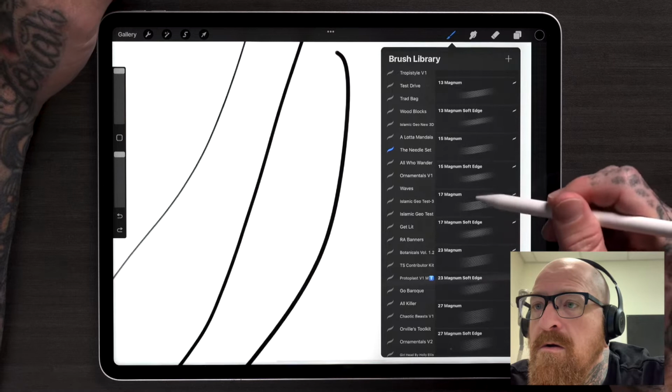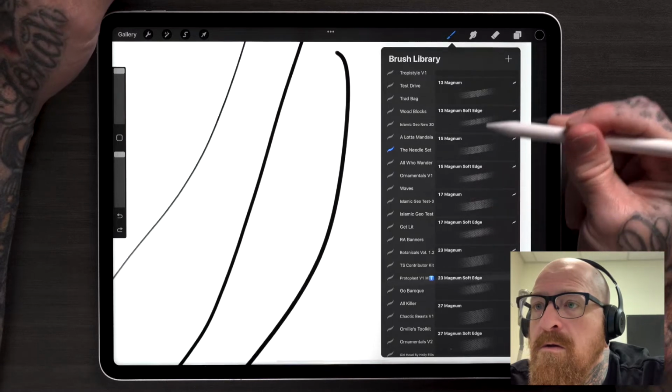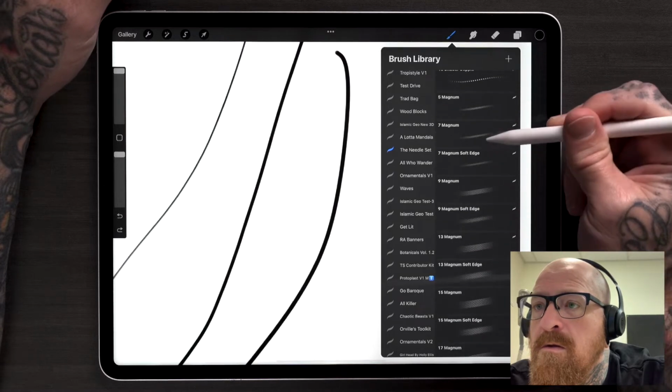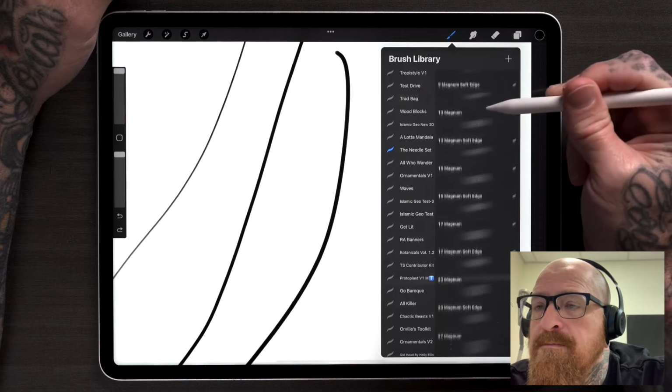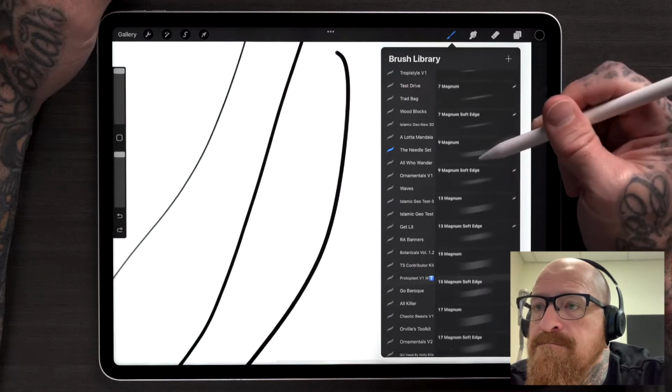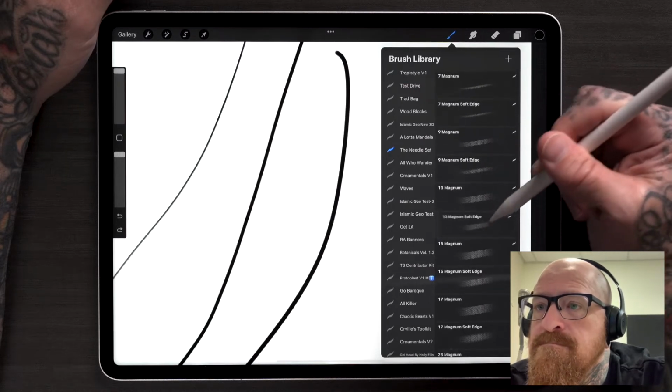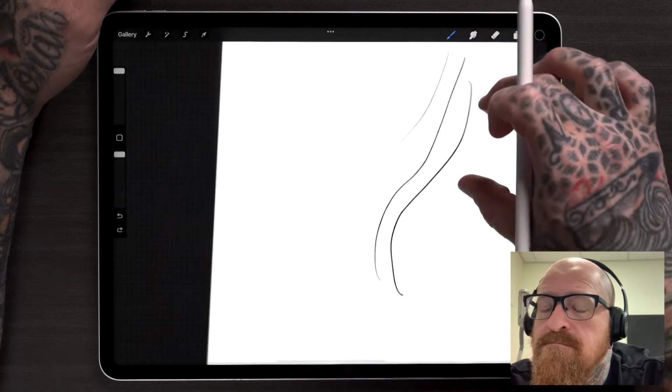And I wanted to talk about this pendulum motion, and I want to go back to it. While I'm here, we'll go with a 13 Magnum soft edge. Okay, so